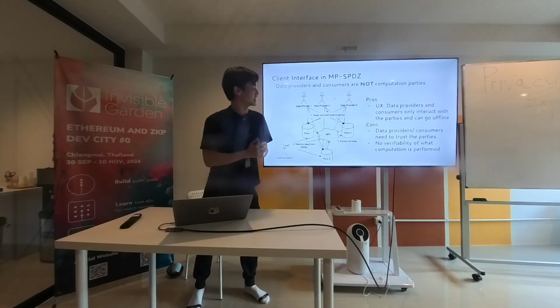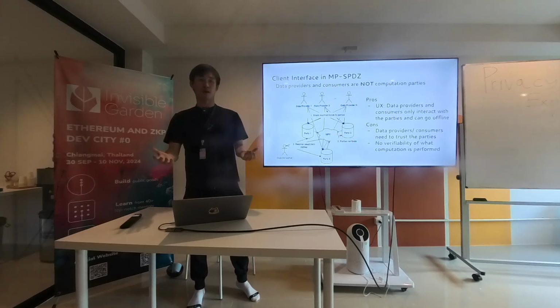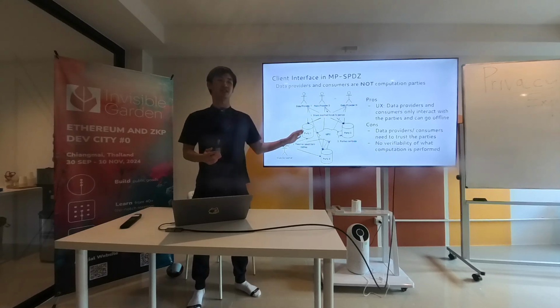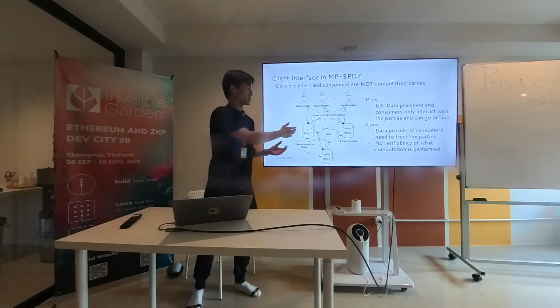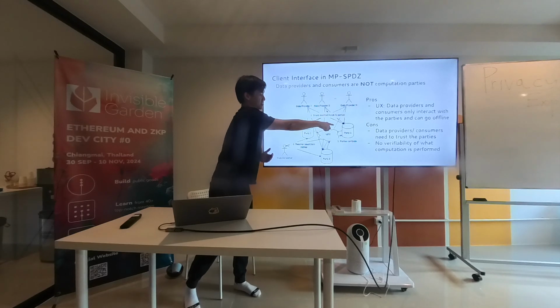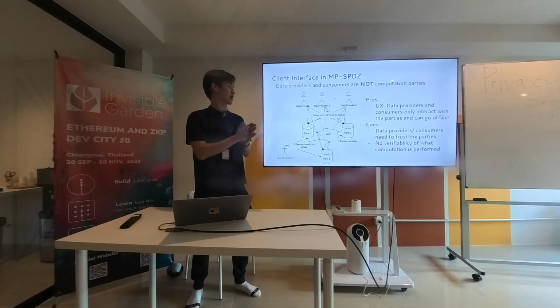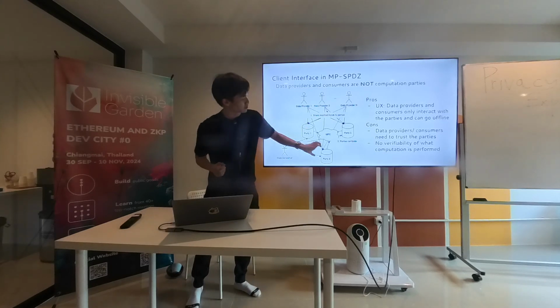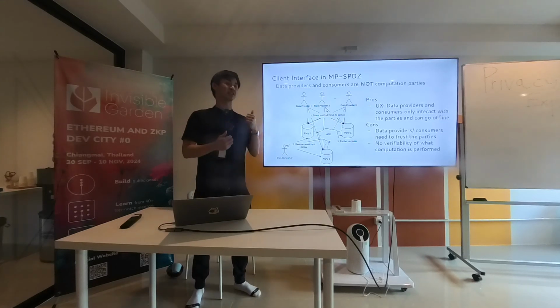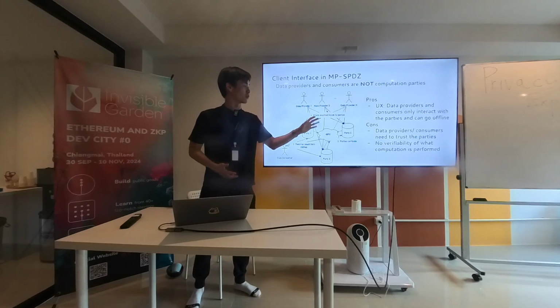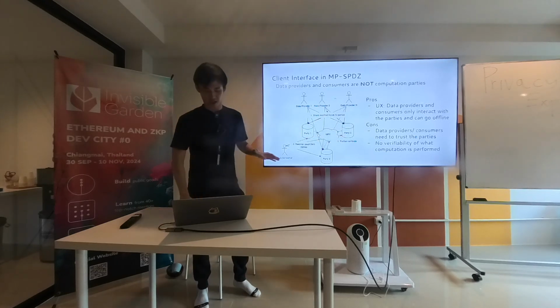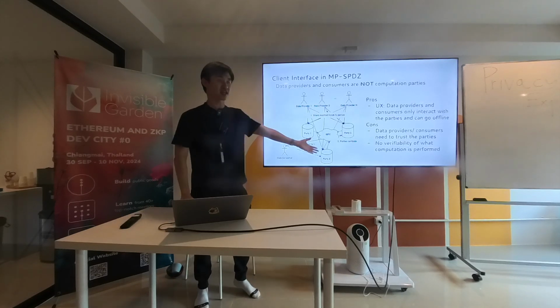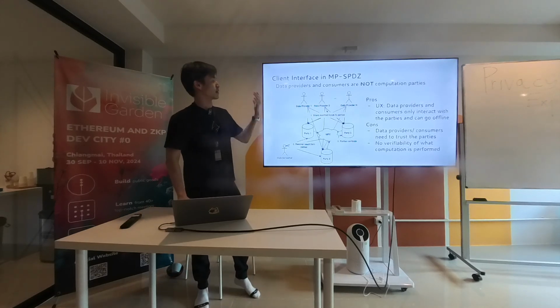And yeah, no verifiability of what computation is performed is the same problem, right? Because you are not in the inside circle itself. So maybe if they cheat, everyone here is a bad guy, they can collude together, but again, it comes back to the trusted assumption that we carefully craft the computation parties to have at least one honest person or an honest majority, depending on the setup, right? You can avoid this, but again, this is the caveat that we trade off to get better UX, so that people don't need to be online all the time and it can scale in terms of the computation.